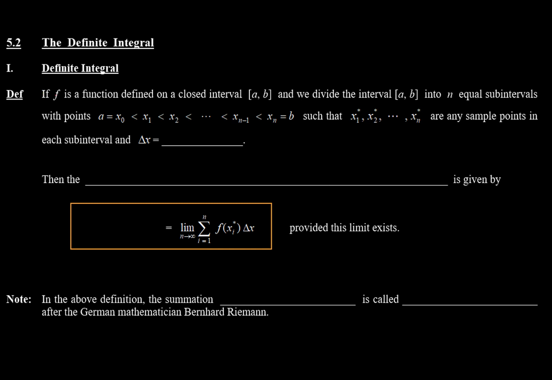Anyway, if f is a function defined on a closed interval a to b, and we divide the interval a to b into n equal subintervals, sound familiar? We just did this last class, with points in between a and b, such that all of these values are any sample points in each subinterval, and delta x is equal to b minus a over n. Then